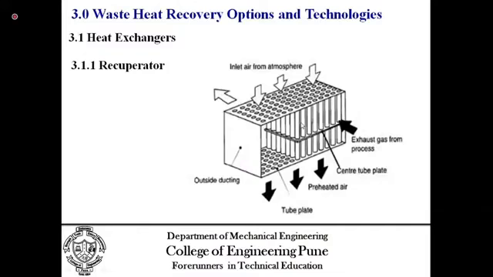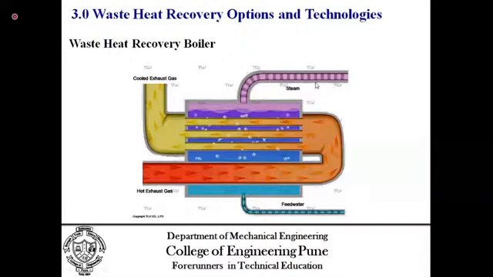You can select the waste heat recovery boiler. I will show you another figure of the waste heat recovery boiler. Why is it called a boiler? Because at the end the steam is generated. These exhaust gases can be used for different purposes: as an air preheater, wherein the air required for combustion is heated by the exhaust gases; as an oil heater; as a superheater; or as an economizer for heating the feed water.